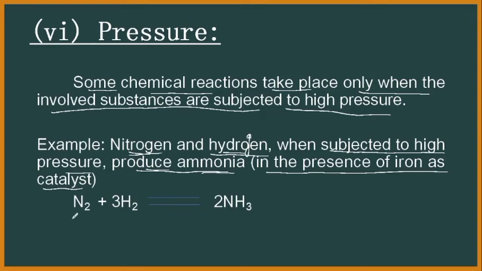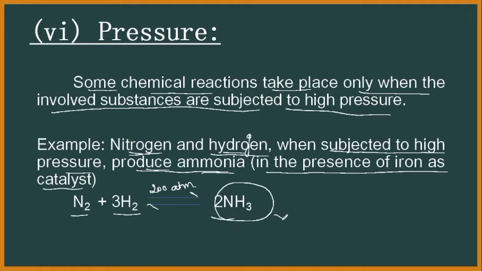Look here, we have nitrogen and hydrogen, and it is a reversible reaction. So this arrow is the indication of the reversible reaction. At 200 atmospheric pressure, it produces ammonia. Okay, then